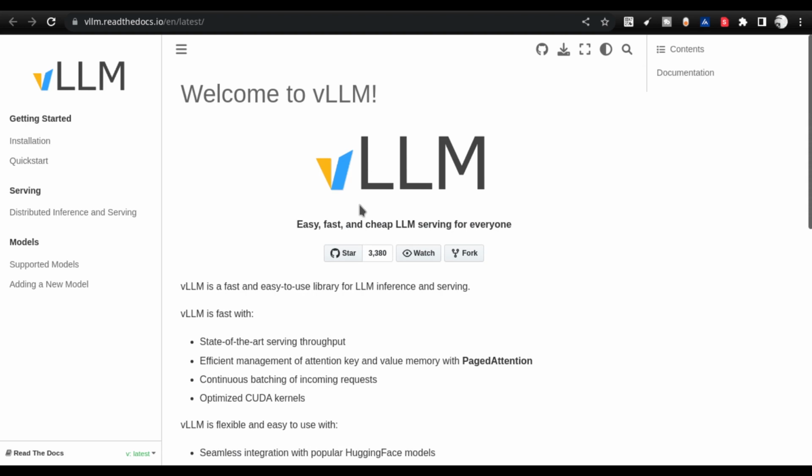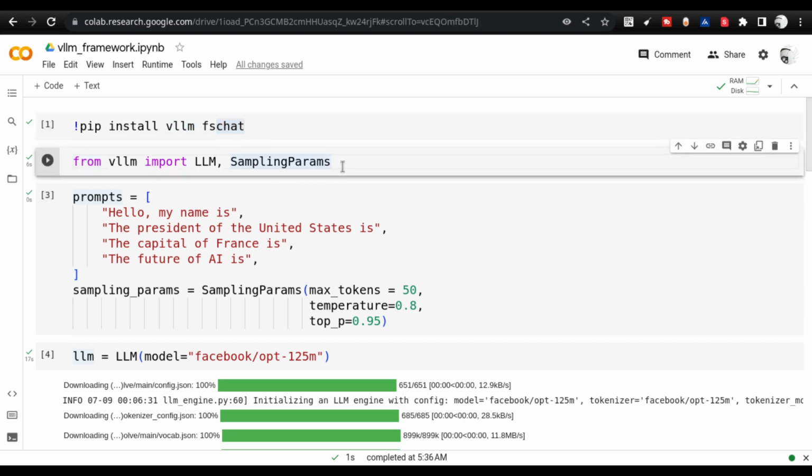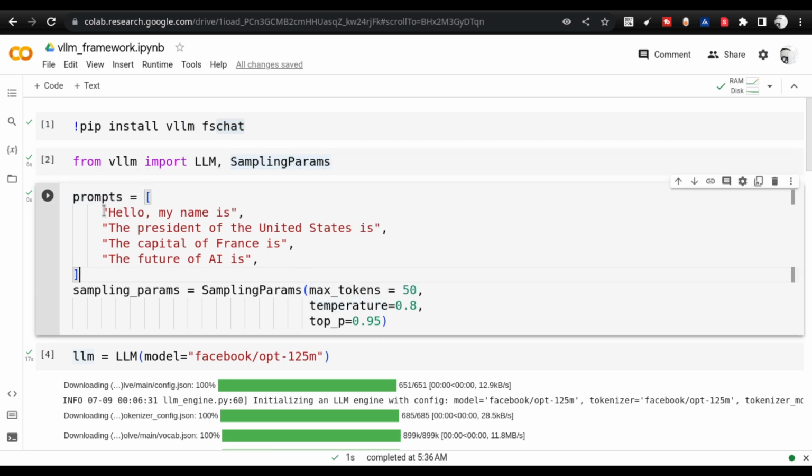vLLM is one of the open source libraries that has been introduced by the UC Berkeley team. I will talk about this in a moment, but before that, I have already installed vLLM and I have already installed FastChat. FastChat we are not going to use in this particular discussion, but I have anyway installed it. And I am trying to work with these four prompts,